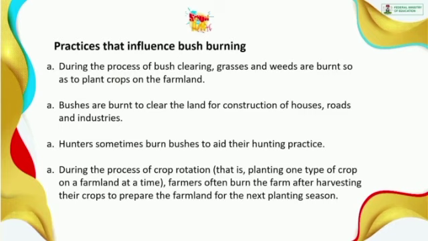The fourth reason is that during the process of crop rotation, that is planting,